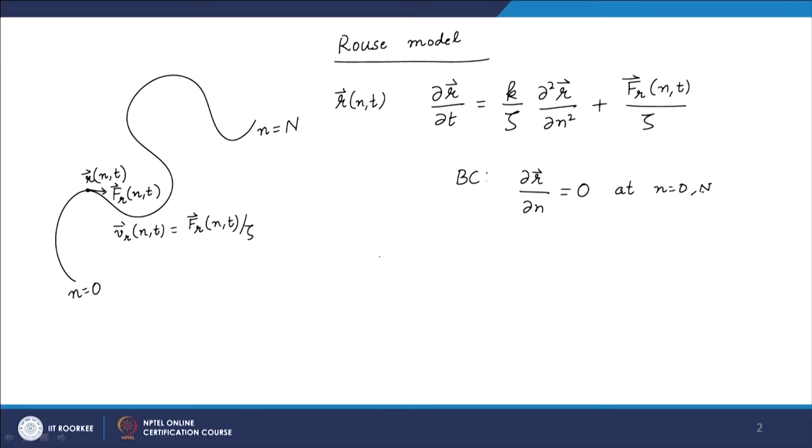So, the goal here is to write equations in the form of ordinary differential equations